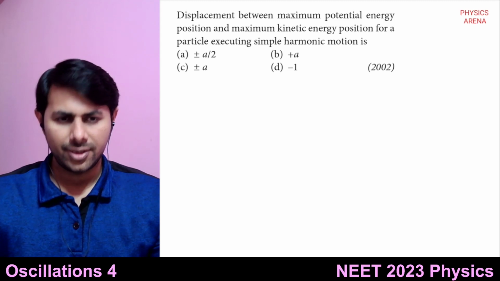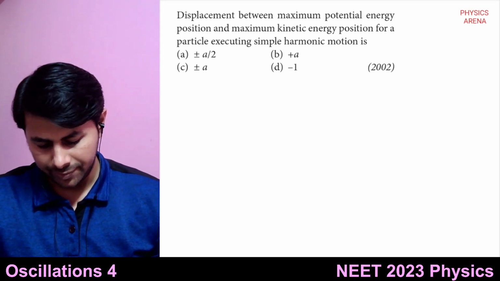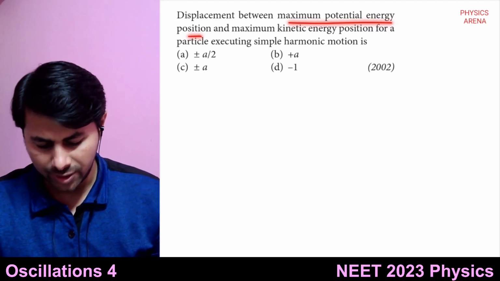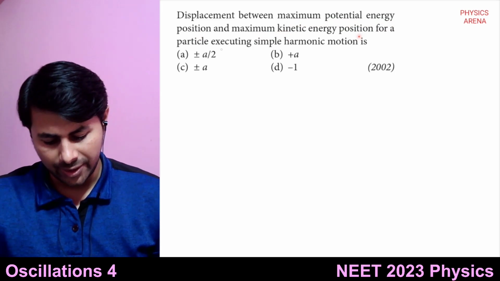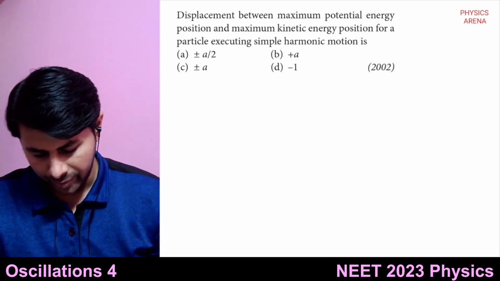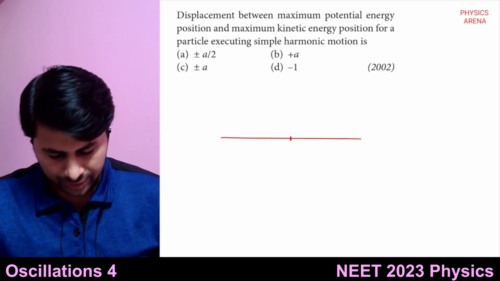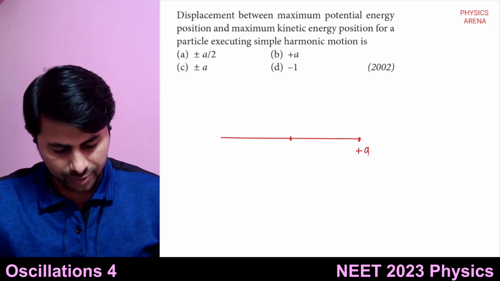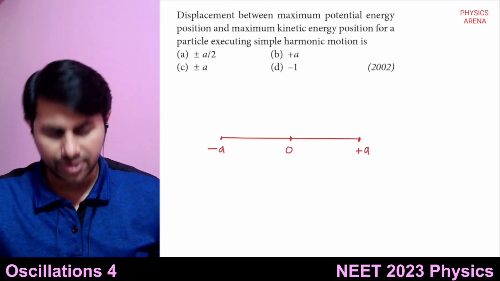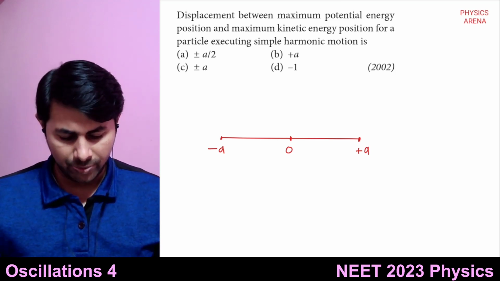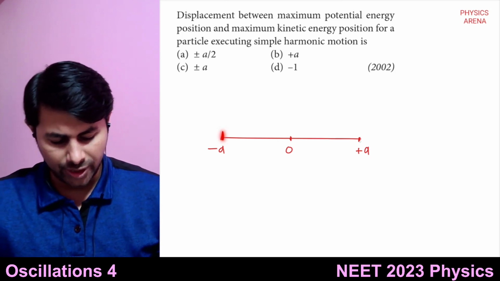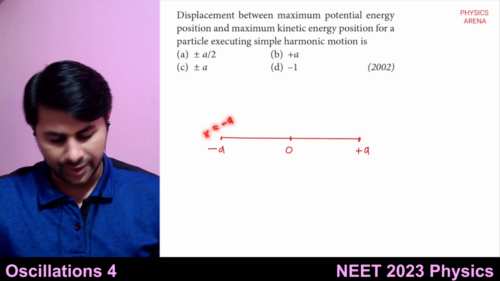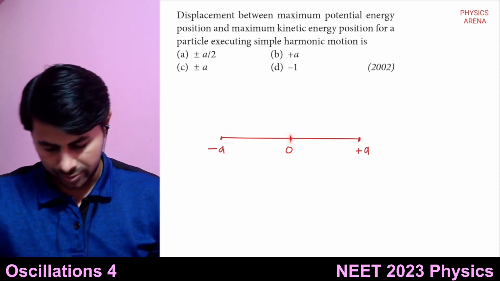Option C, right, it's option C. See, the displacement between, or you can say the difference between, the maximum potential energy position and the maximum kinetic energy position for a particle executing simple harmonic motion is... Okay, so we consider a particle which is oscillating like this, performing simple harmonic motion. This is plus a. Okay, let's use small a. This is minus a, and this is 0. Now if you take maximum potential energy, it is at this position and at this position. So if you subtract, okay, x equal to minus a, sorry, if you subtract 0, okay, at 0